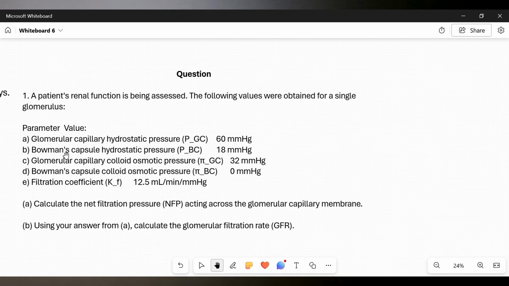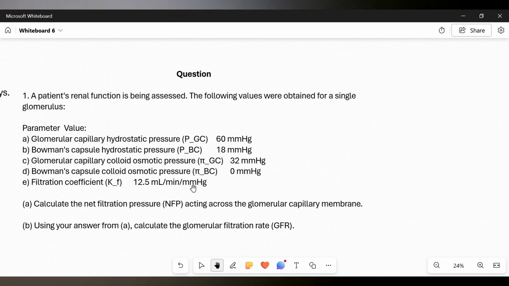Then we have the Bowman's capsule hydrostatic pressure, which is the same as the capsular hydrostatic pressure, 80 millimeter mercury. We have our glomerular capillary colloidal osmotic pressure, which is the same as blood colloidal oncotic pressure, of 32 millimeter mercury. Then the Bowman's capsule colloidal osmotic pressure in this case is 0. Then our filtration coefficient, which is a result of the surface area available for filtrate formation and the permeability of the membrane to solute, is 12.5 mils per minute